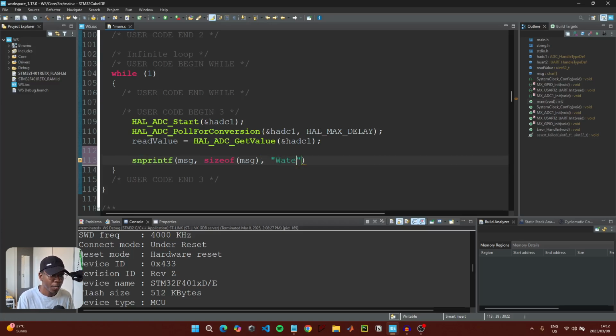So I'm going to say water level, and then I'm going to say percentage symbol LU. Then I'm going to say \r and \n so that we can start printing from a new line. Then I'm going to add a comma and then take our variable and put it here. And then below this, I'm going to say